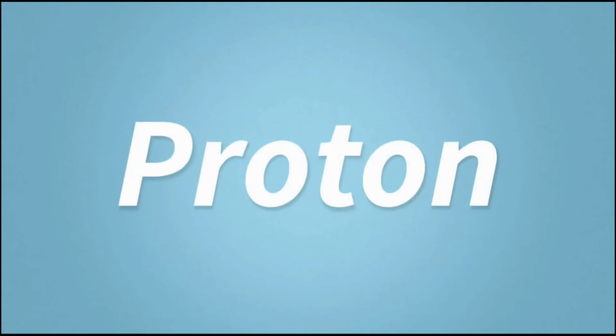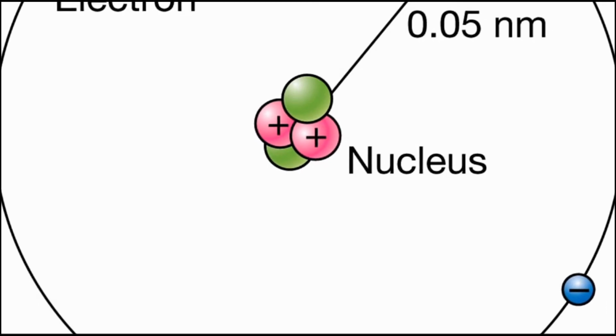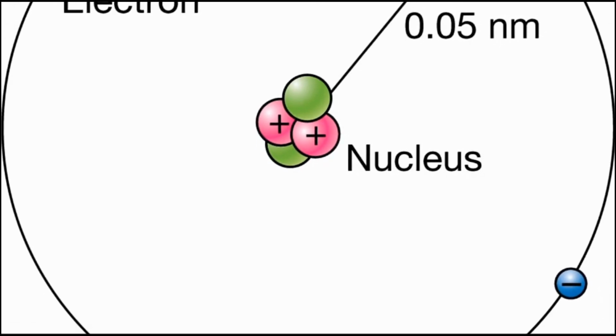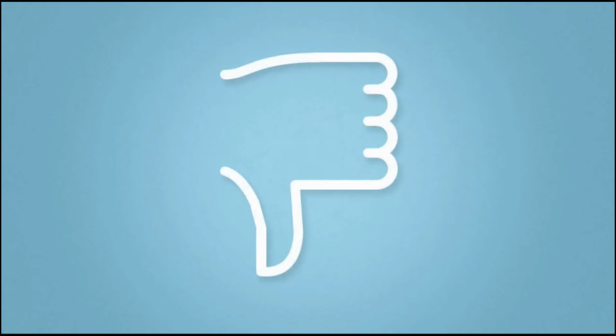He is also given credit for discovering the positively charged subatomic particle, the proton. The proton is of course a positively charged particle, and it resides in the center of the atom called the nucleus. The name given to Ernest Rutherford's model is called the planetary model because it represents the planets orbiting around a sun. But of course, Rutherford's model was a little wrong.